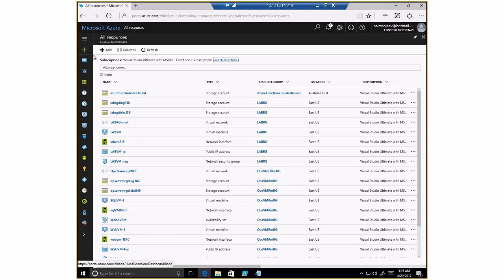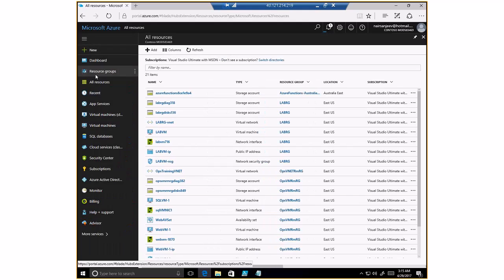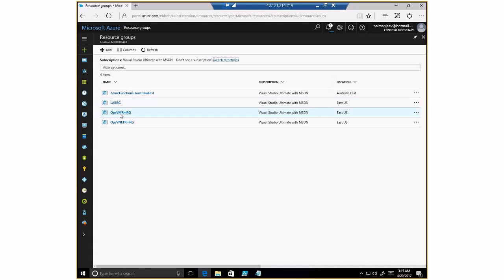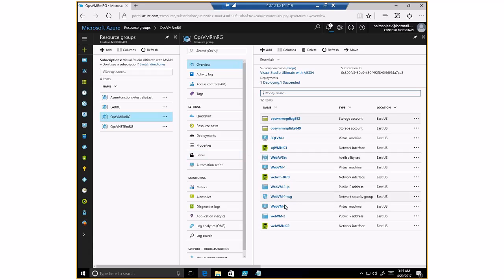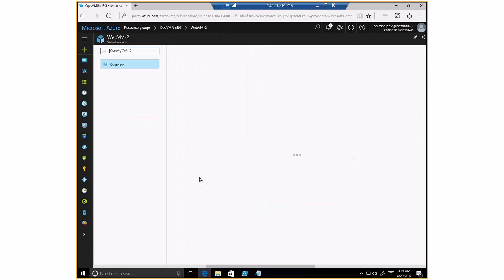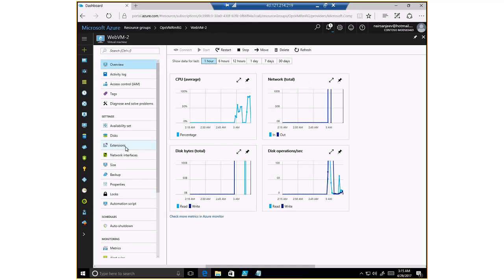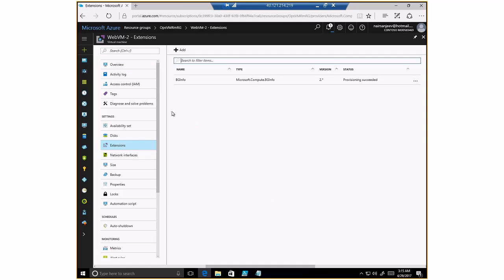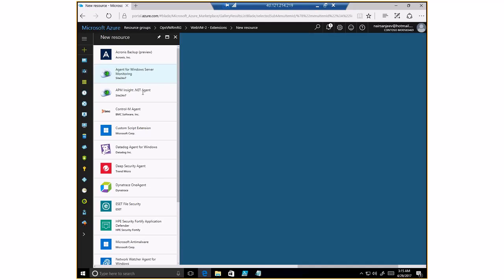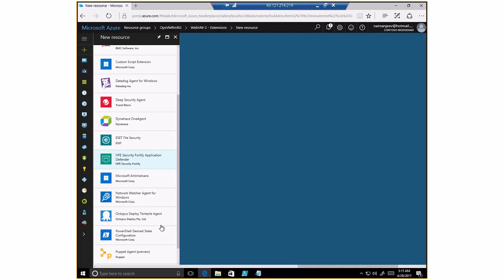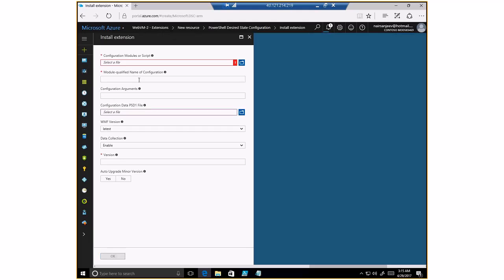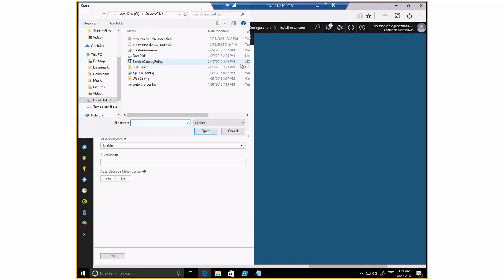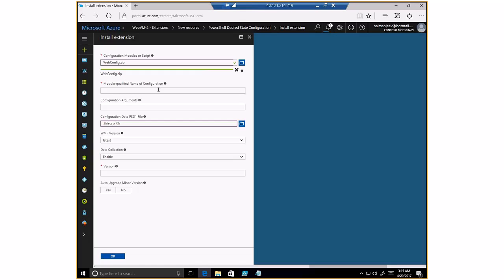So if I go to the resource groups here, and then go to the VM resource groups, I want to do the same thing with web VM2. So I open up web VM2, click on extensions, and I click add, and I'm going to choose PowerShell desired state configuration. I click create, and I'm going to choose the same config file here, which is the web config file, and